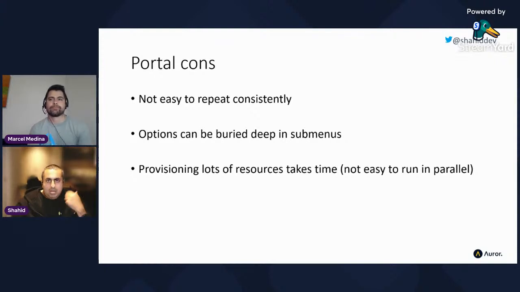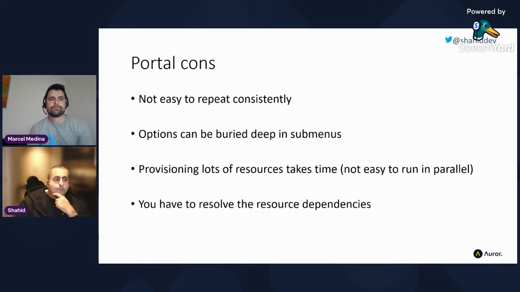And another really obvious one is when you're trying to create lots of resources, then it's very slow. It's really just you and a mouse. That's as fast as you can go. You can't run things in parallel or only to a limited extent. And then one other challenge that you may not necessarily think about is when you're provisioning a bunch of cloud resources, you would generally need to resolve those dependencies yourself. So say you're creating a SQL server and then you need a connection string for a web app. You need to resolve the order that you do those in. And okay, we're humans, we've got brains. It's probably not too difficult, but it's something you do need to do.